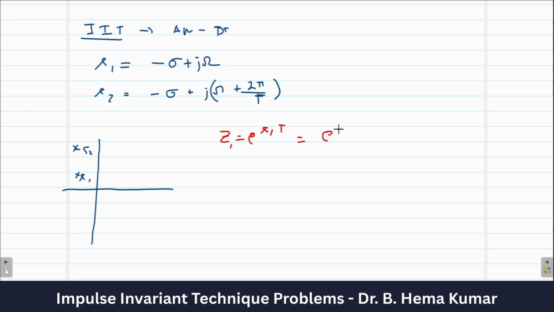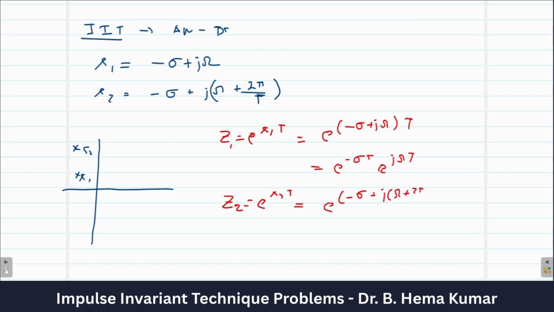Z is e power s1 into T, where s1 is minus sigma plus j omega, into T. So it will become e power minus sigma T, e power j omega T. This is the first pole. We'll take the second pole, z2 equal to e power s2 into T. So e power, minus sigma plus j omega plus 2 pi by T,